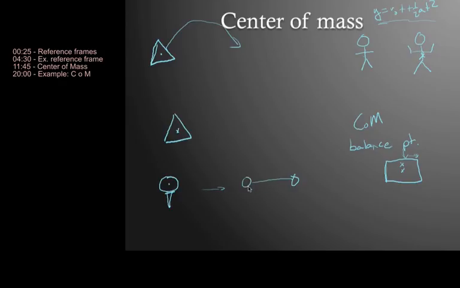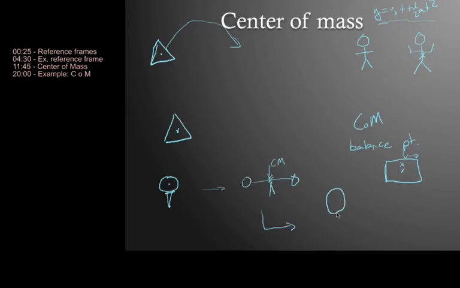So in the case of the dumbbell, where would we want to balance it? Well, right in the middle again. So the center of mass of this thing is right in the middle. We know it easily balances at that point. If we threw it in the air, we could see that the thing would spin around this point right here. So what if we consider something a little bit more complicated of a shape?